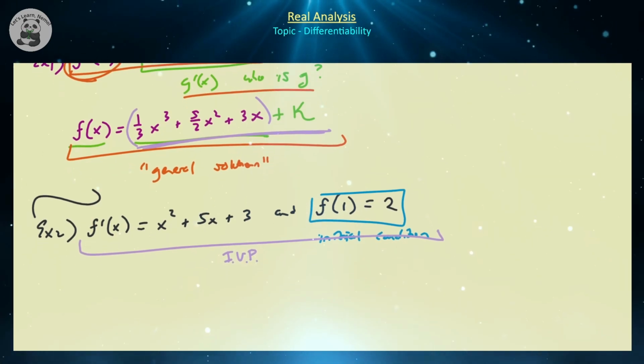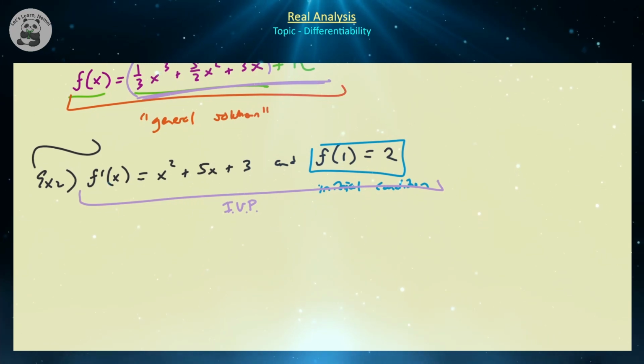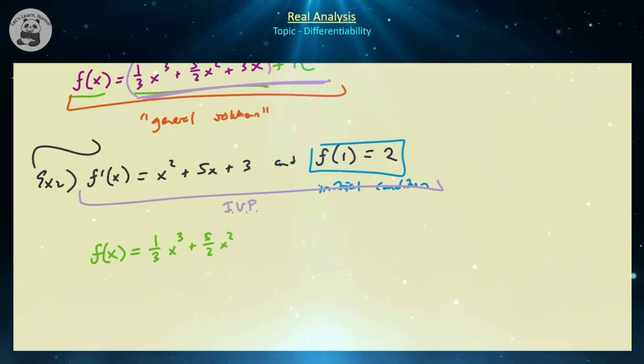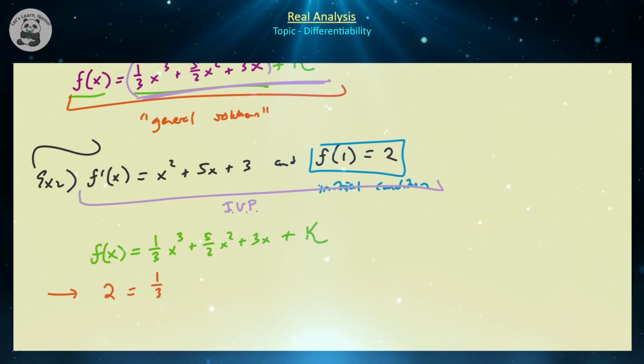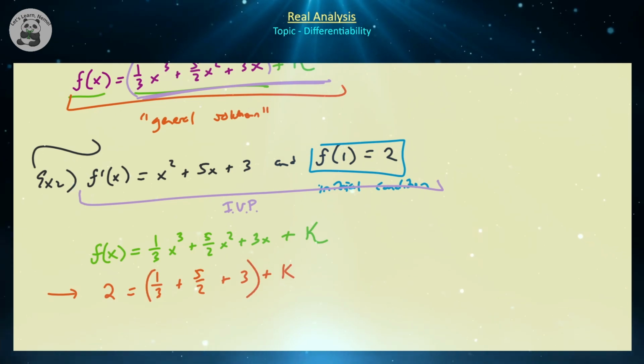So, as we already know, the general solution to this differential equation would be f of x is equal to 1/3 x cubed plus 5 halves x squared plus 3x plus some constant k. And we know that f of 1 must be equal to 2, so that means 2 must be equal to 1/3 plus 5 halves plus 3 plus k. So now we have an algebraic equation in k, and we should be able to solve for k. Take 2, subtract 1/3, subtract 5 halves, and subtract 3, and you should find that k is going to be equal to minus